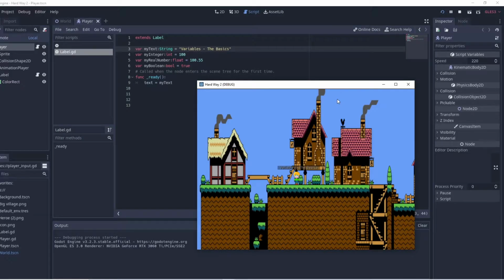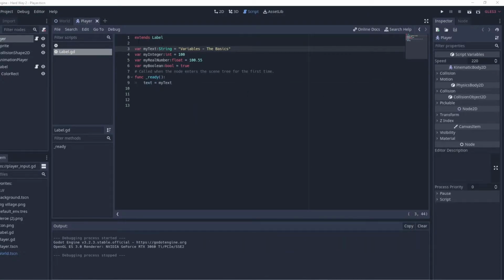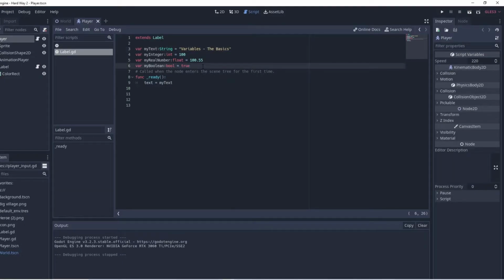Today, we're going to be learning about variables and the basic rules you need to understand to use them when programming your game. Here we have a little script I've written attached to the label, which is above the player's head. I've explicitly declared several variables here, and they are all the most important types. GDScript, like Python, doesn't require you to specify the type. I could just as easily have created a string here like this, var my next string, and made it equal to